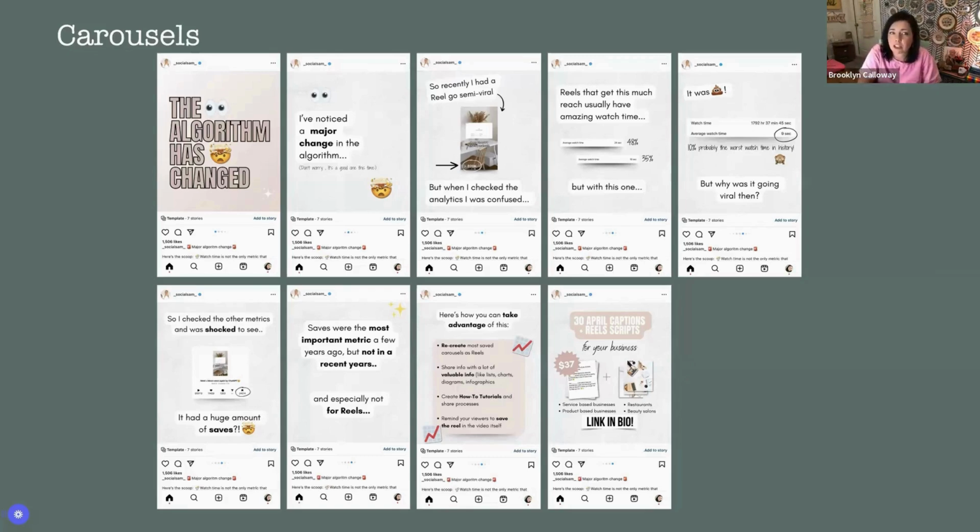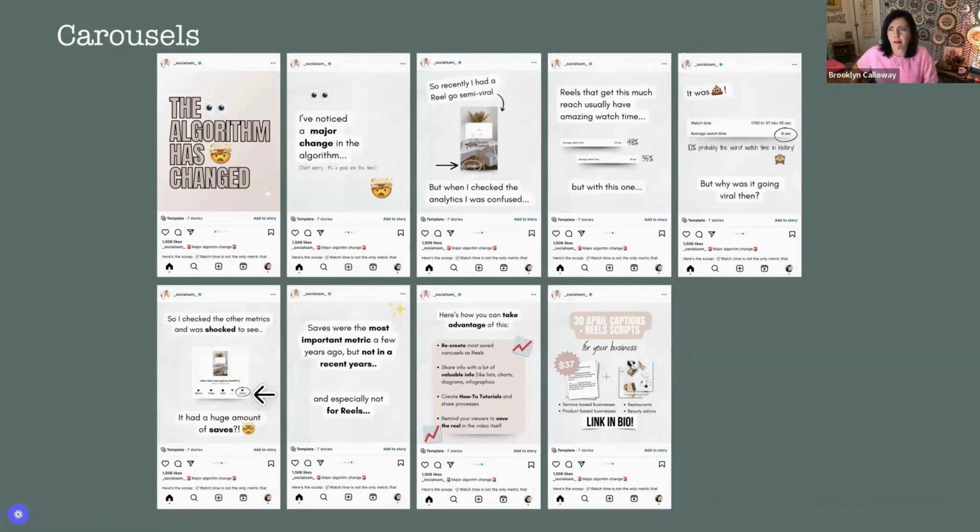I've noticed a major change in the algorithm. So recently I had a reel go semi-viral. We did too. And so reading this, it resonated with me because I'm like, yeah, this happened to us. But when I checked the analytics, I was confused. Reels that get this much reach usually have amazing watch time. But with this one, it was crap. It wasn't good. The watch time was not good, but it went viral. So that's weird. Well, the thing is that one was saved